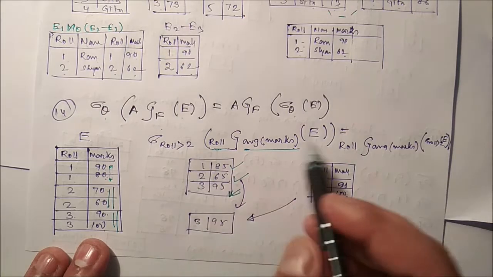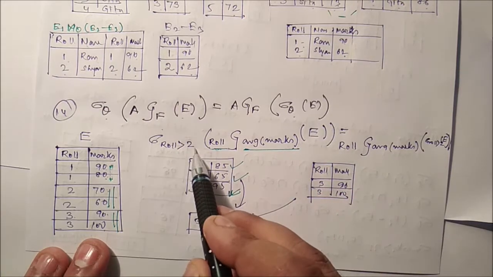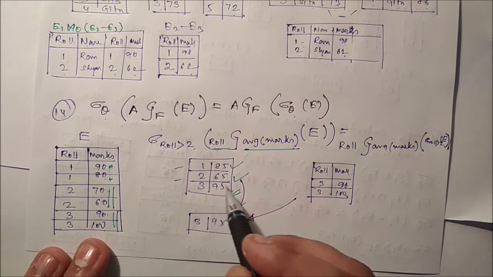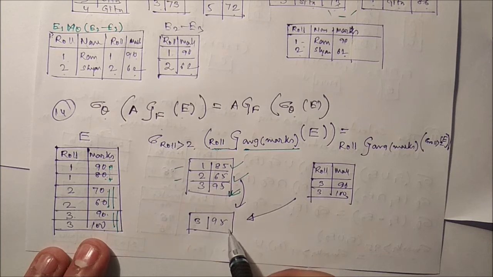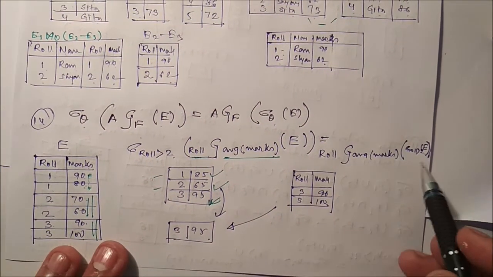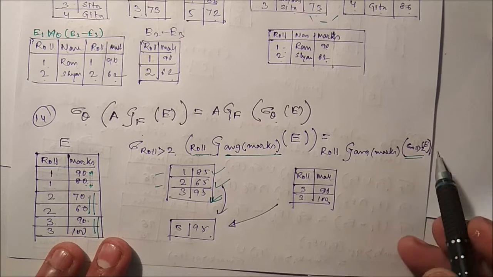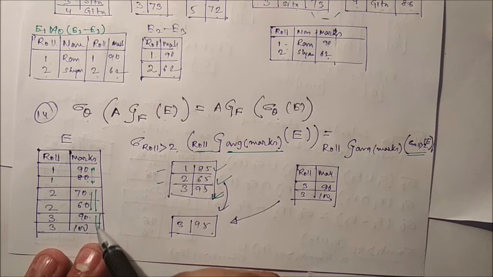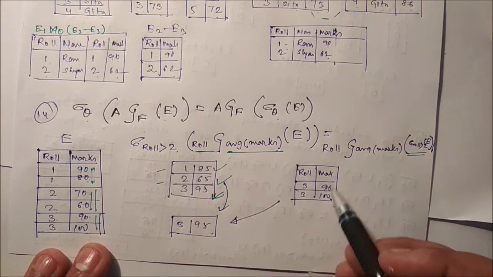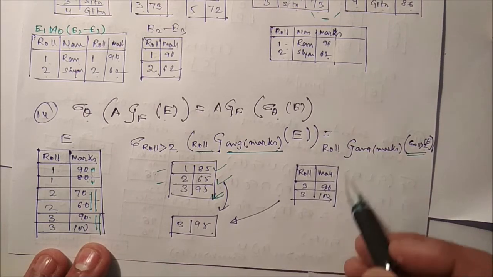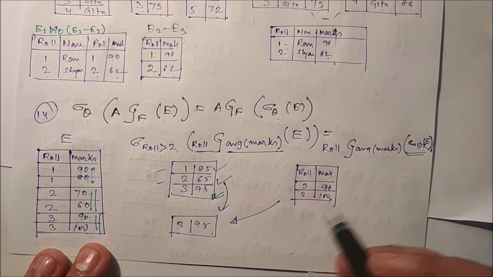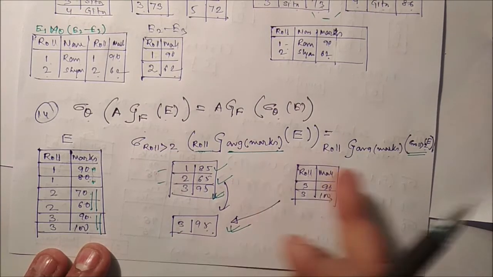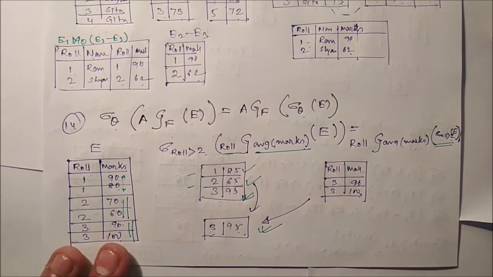So we need roll number and the average marks of each roll number. Then we have to select the condition roll number greater than 2. That means we discard these two records and retain only this particular record, 3 and 95. Or what you can do, first apply the selection condition. First select those records where roll number is greater than 2. Definitely 2 records are there, 3 90 and 3 100. After that we apply the aggregate function, so roll number and marks, 3 and 95. So in both the cases the output is this. That means we can say both the expressions are equivalent.